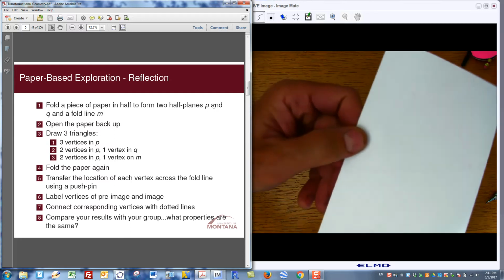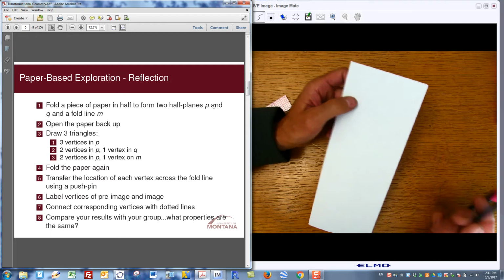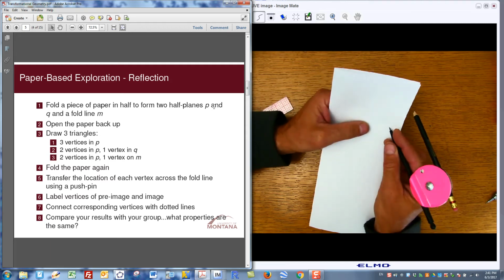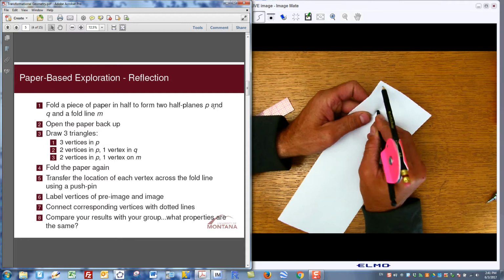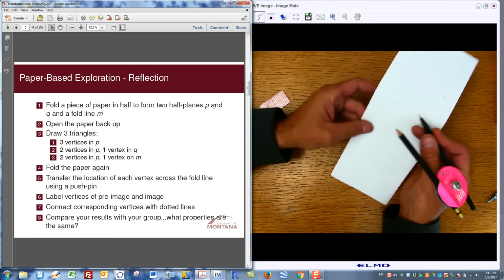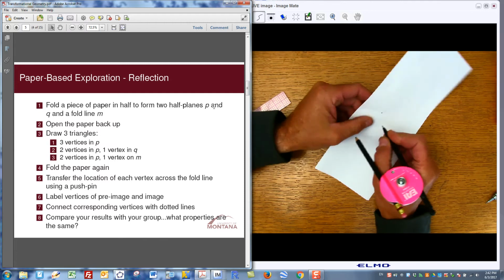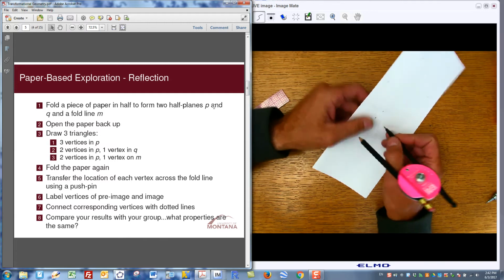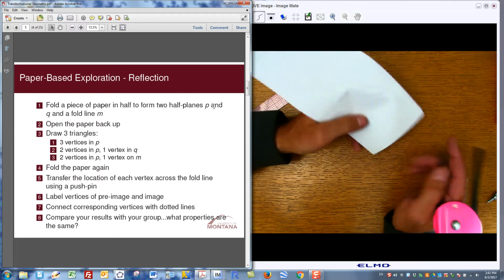I don't know if you can see that, but here in my office I can see it pretty well. I can see there's an A right there from my original triangle. I'm going to just transfer it across the fold line using this push pin, which is really just my compass, I guess. And when I transfer it across the fold line, of course, there'll be 3